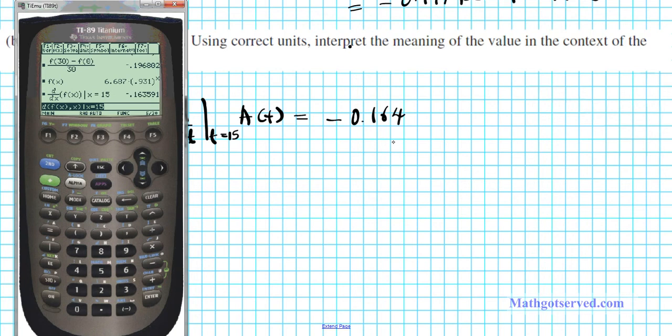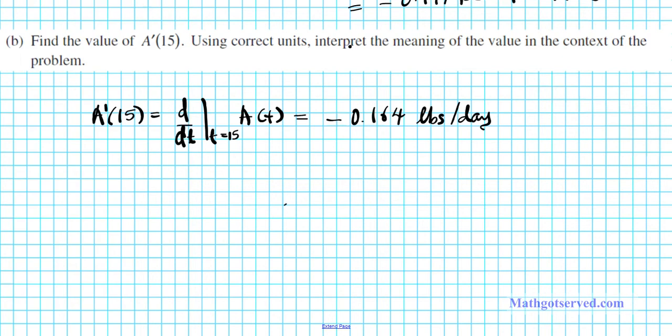And the units is pounds per day. Pounds of clippings. So the question now is, what does this mean? Let's interpret this answer in the context of this problem. So what this solution simply means is that